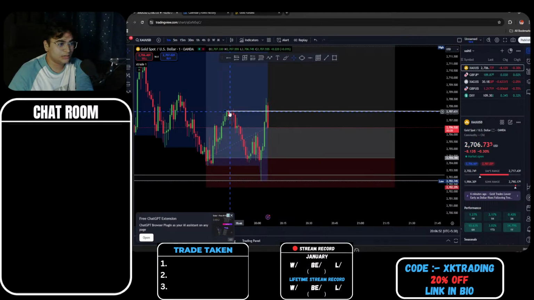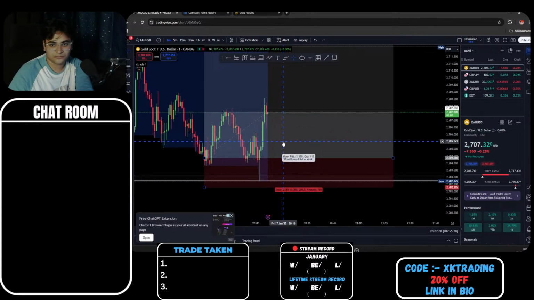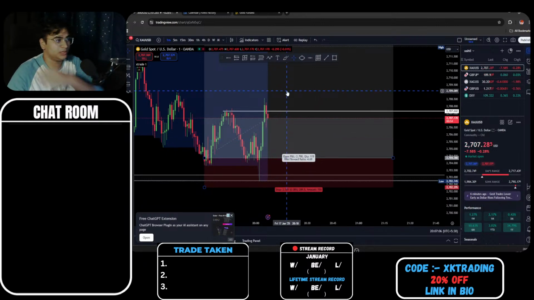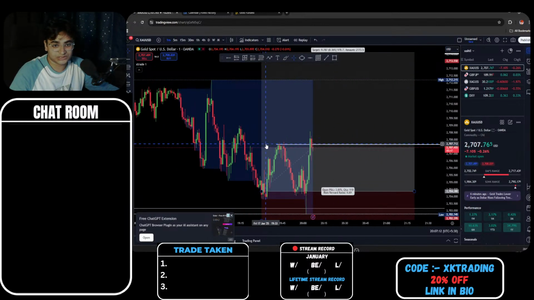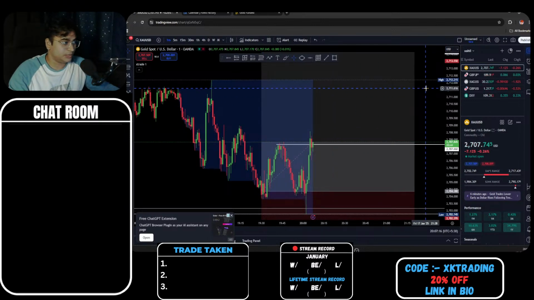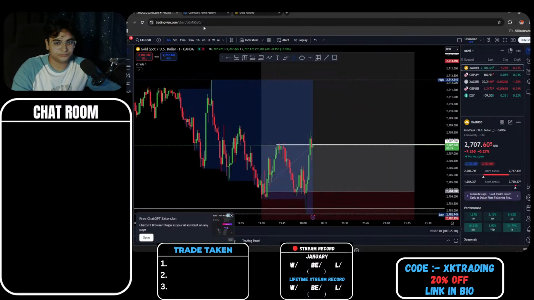We took out the high here. Now, all we need to see is rejecting this around 2705.50 or so. Once we reject this area and create another high, that will be a good idea for price to move forward. Okay, now all we need to see is how strong this momentum is to move forward. All right, I'll add another position once I feel comfortable.